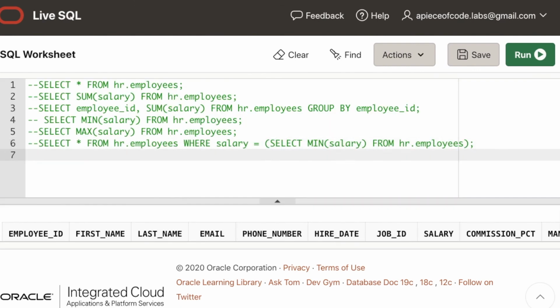And very often in interviews, people ask how we can get the second minimum salary from the table. This is a great function to solve that problem, so I'll show you how to do that. We'll write a select statement, and I'll write minimum. Since I want to apply it to salary, I'll write salary, from HR employees,